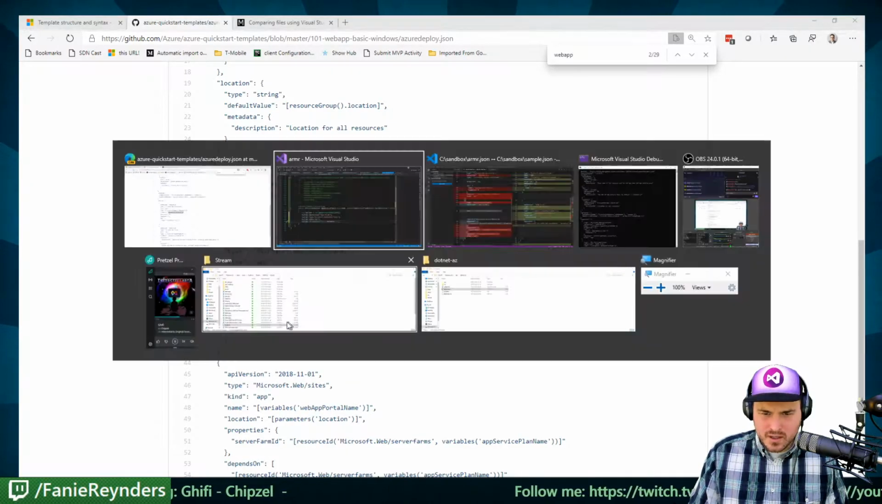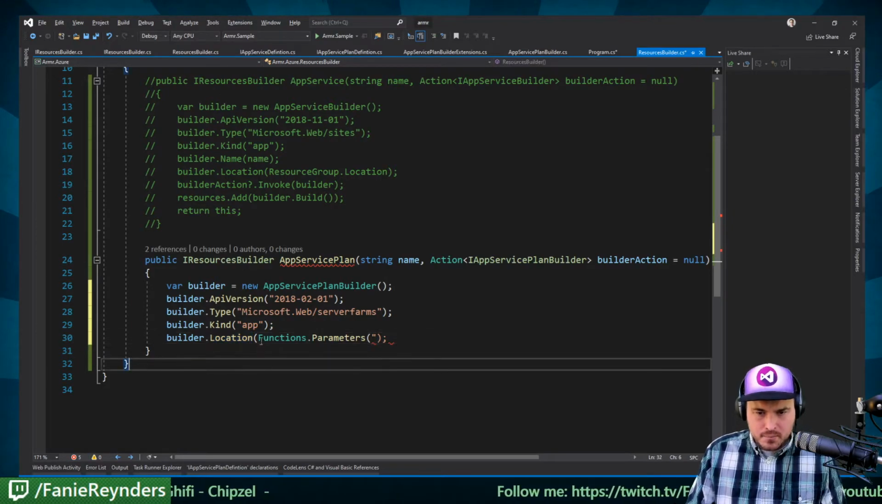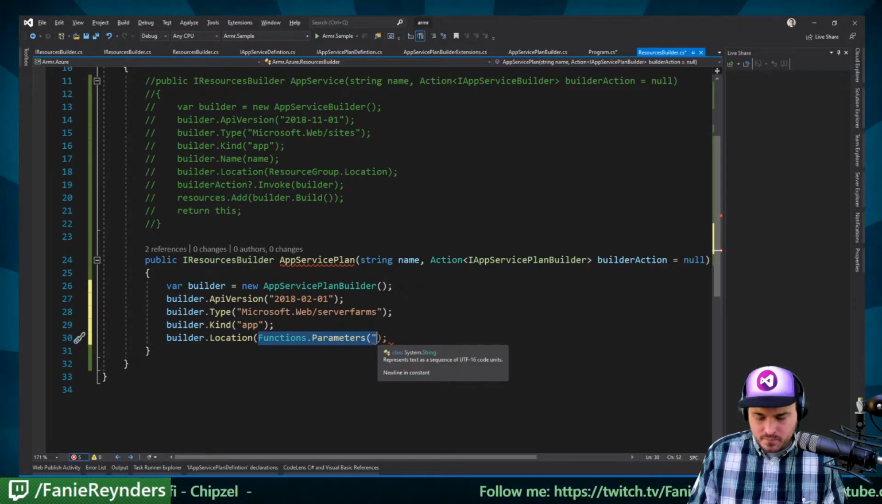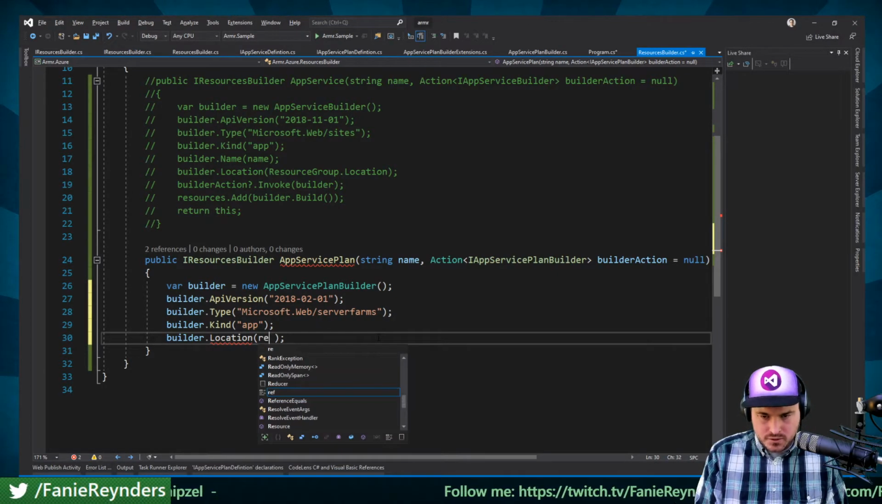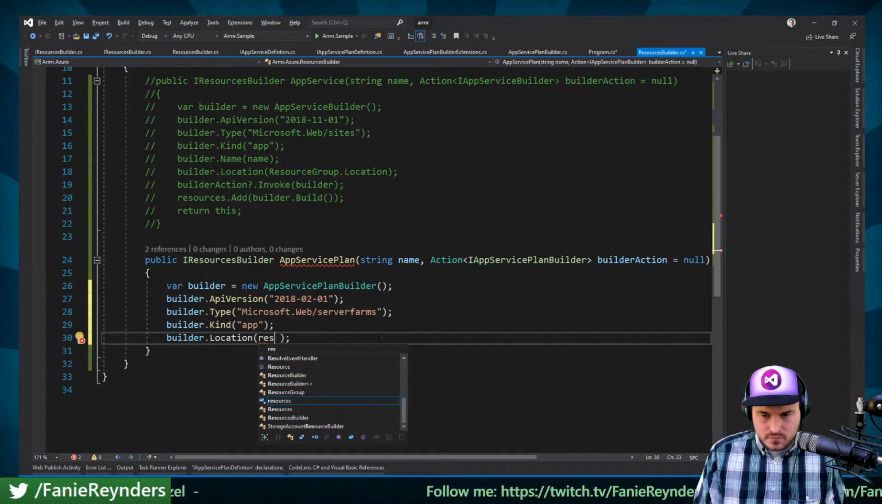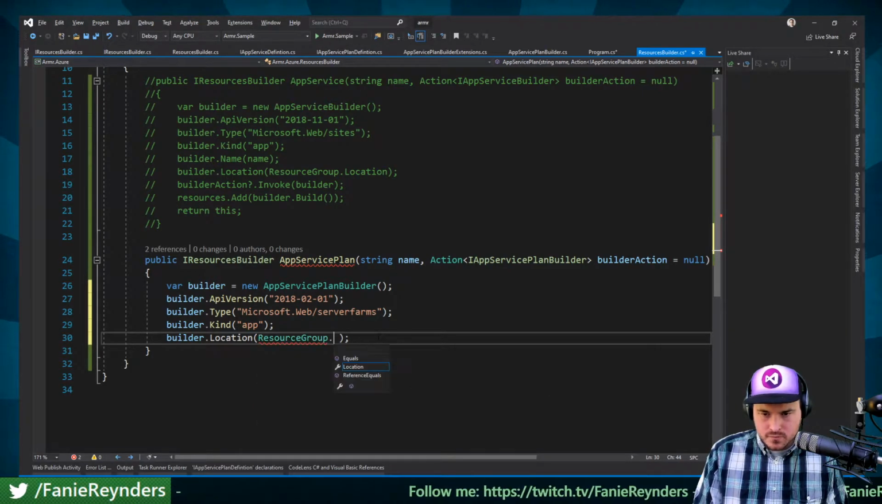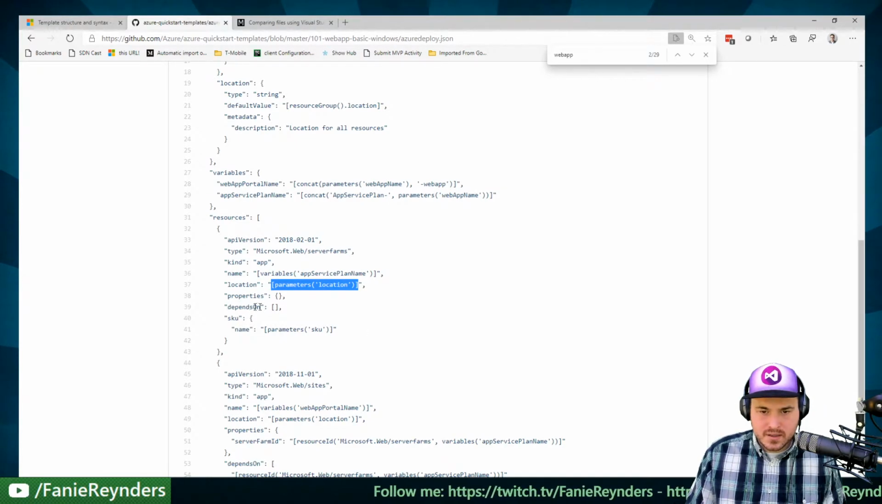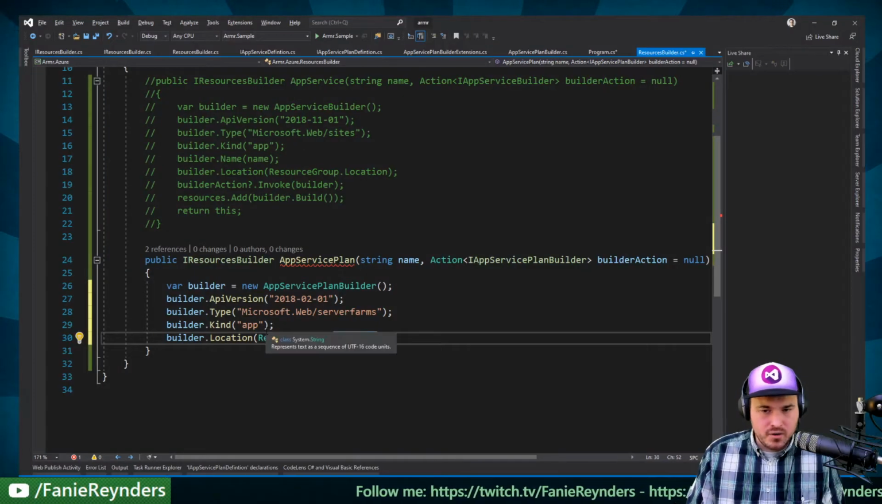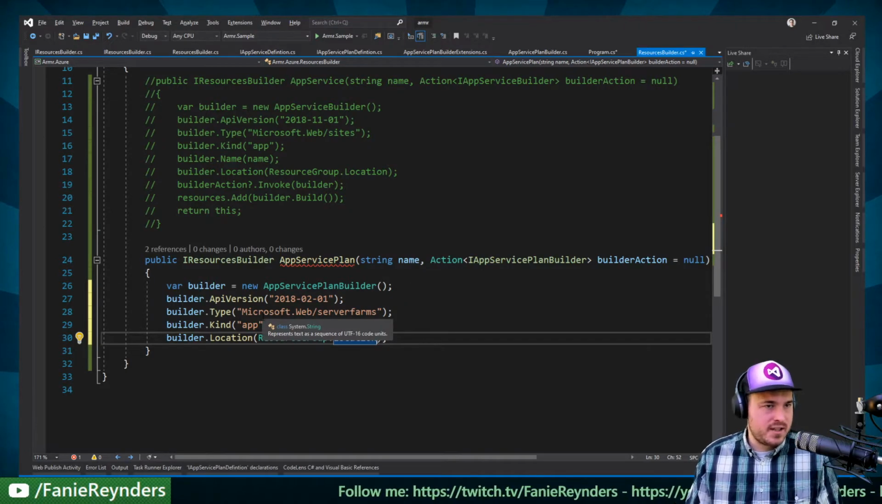No, we should not do that. No, we should not do that there. But let's define the parameter default as resource group action. Properties doesn't have anything, depends on doesn't have anything, and SKU doesn't have anything because there's no defaults for that,